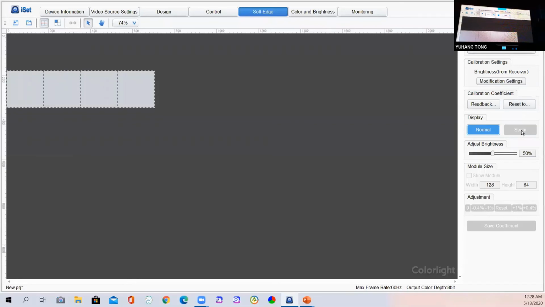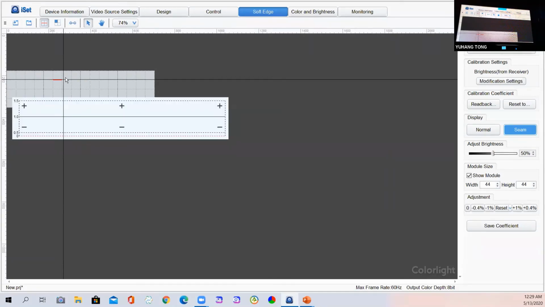same mode and set the brightness here by dragging the slider or just clicking on the minus or plus. Here we set it to 50%. And if you want to change the small line, you can set the module size with the real resolution of each module, or you can change it into a smaller one so that you will get more lines here. And then you could perform to revise it